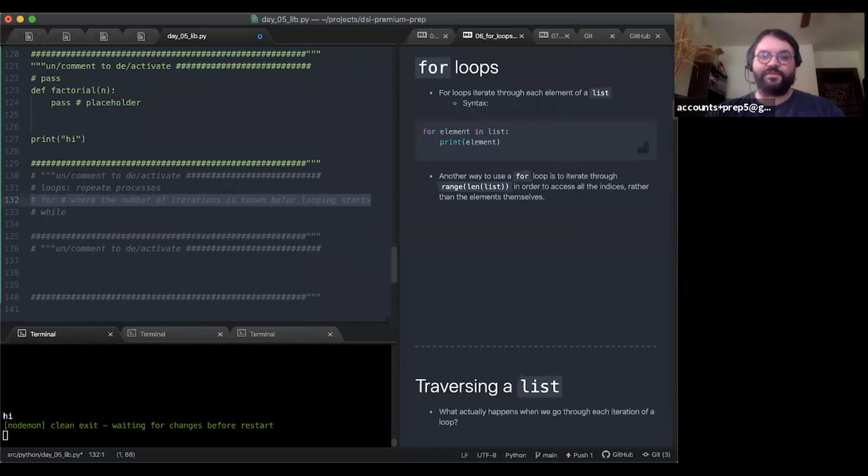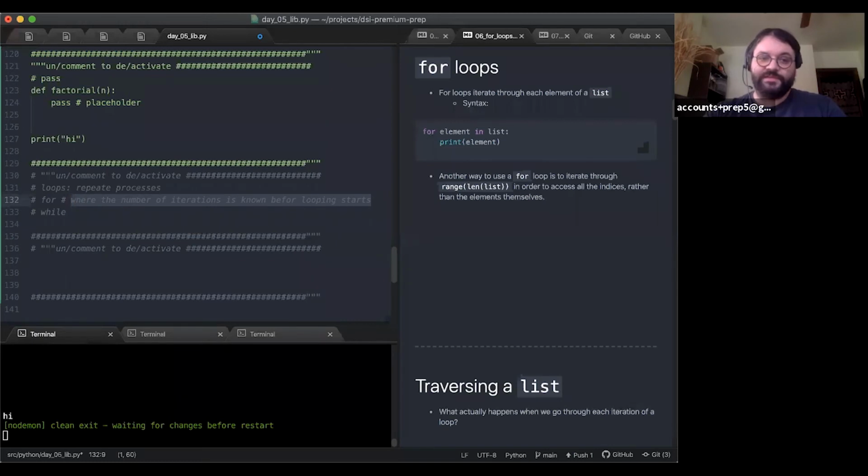Now this sounds like, oh well, this will be a small set of problems, right? Because it may be really hard to determine how many times you need to iterate to solve a problem.